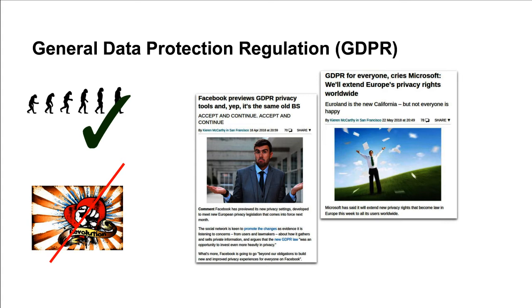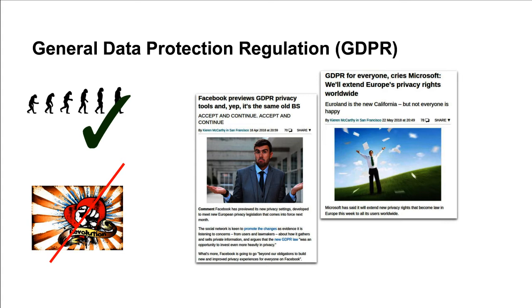So maybe now we've got the basics of information security behind us, we can move on to actually talking about data privacy itself. So basically we were in a bad spot. Large organisations were losing lots of their customer information left, right and centre, and various governments around the world said maybe this is not a good thing. In Europe, they set up something called the General Data Protection Regulation, and this was discussed for years and years and years and eventually came into law a couple of years back.